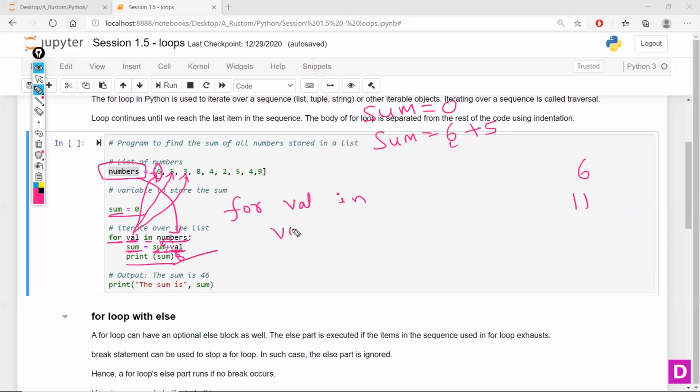Next time it will go to this data. Val will become 3 next time. Then 3 plus the updated sum, which is 11. So 11 plus 3, 14 will be printed. So next time it will fetch this,